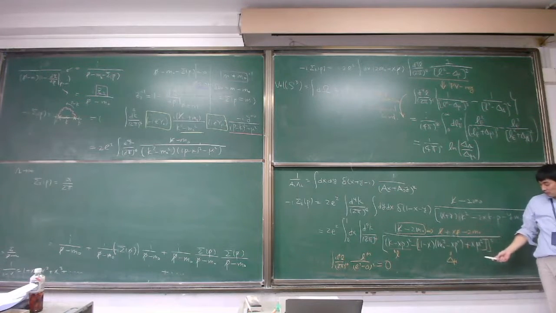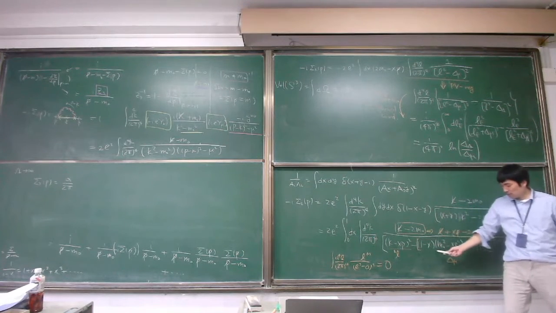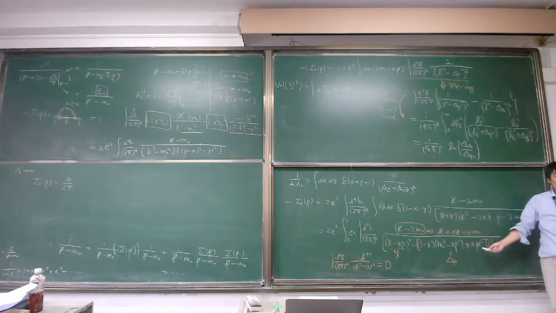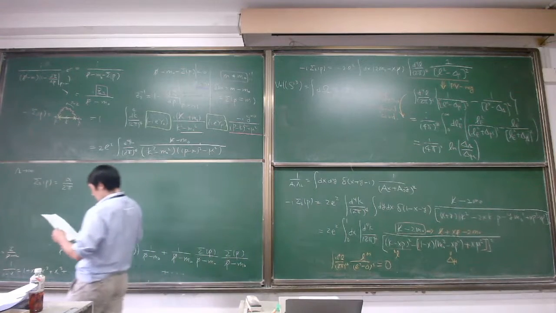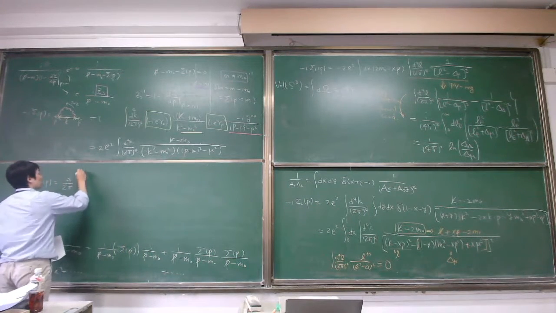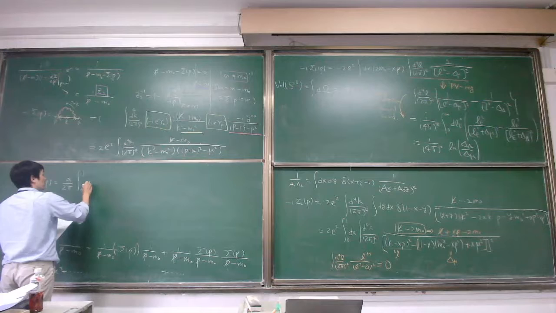Δμ is this one, and Δλ is just replacing μ by λ. Only this term matters in the numerator, in the log. Therefore, what we have is the integral from 0 to 1 of dx